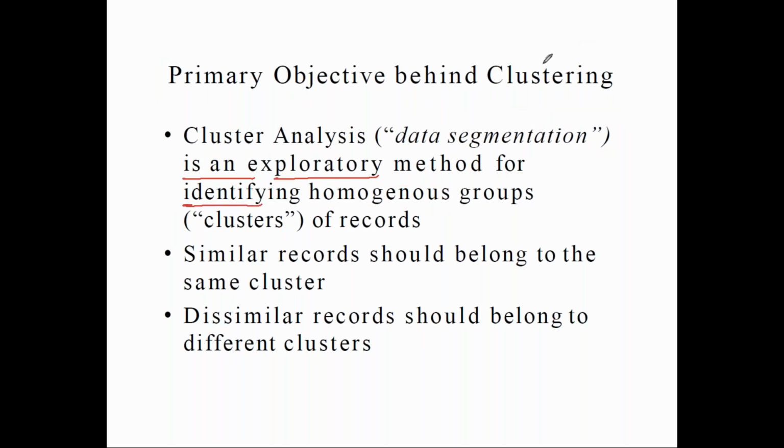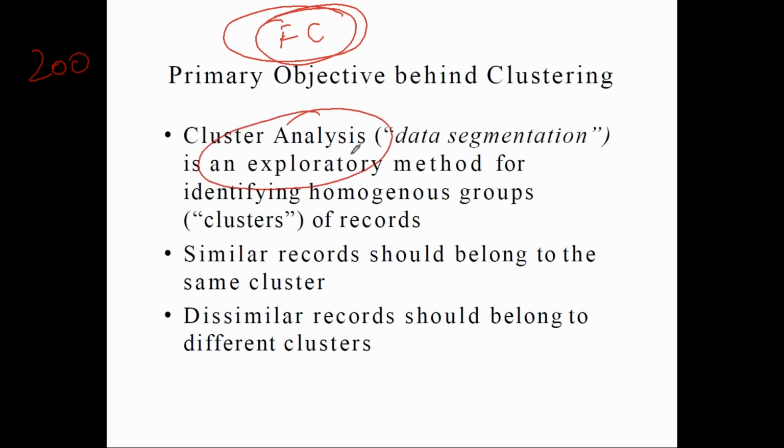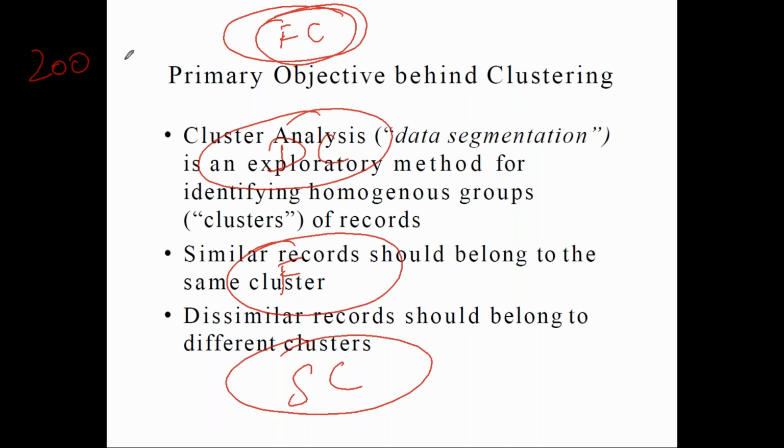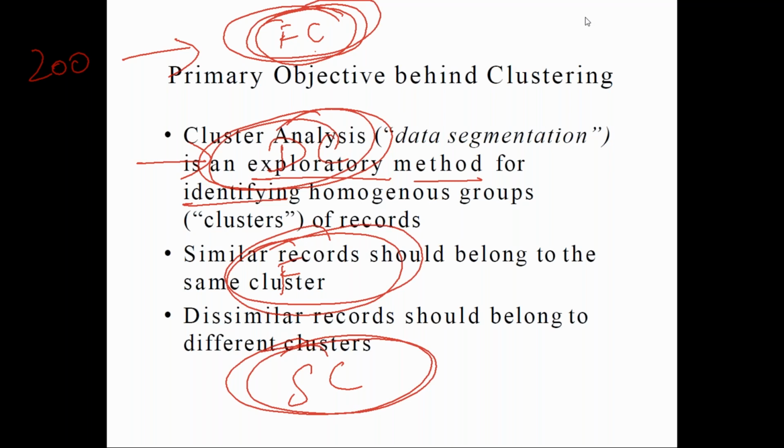For example, I told you, 200 students are there. I want to form all the first class students into this group. The first class is your characteristic now. And here only distinction, here only failed students, here only second class students. So this is one cluster, this is another cluster. It's an exploratory method of identifying homogeneous groups, meaning your first class group, distinction group, failed group, and second class group. That is called your cluster analysis.